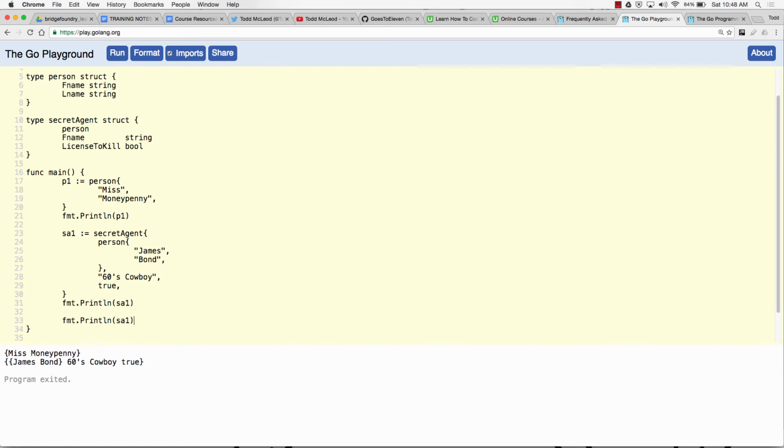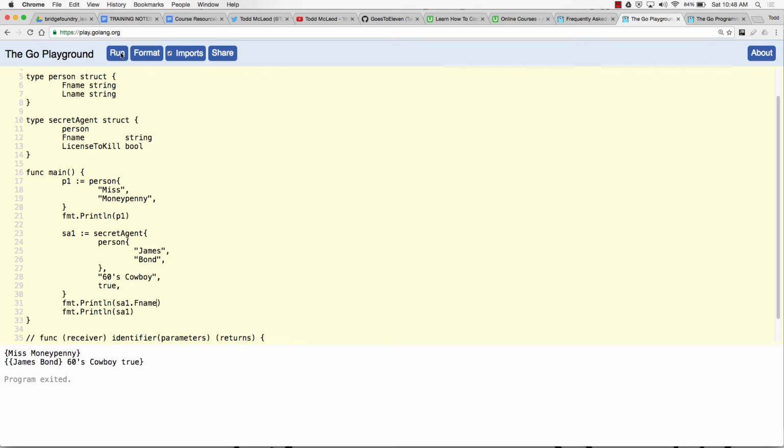So you see that we have a collision in the identifier for F name, it is both a field in secret agent and a field in person, which was promoted to the secret agent level. So if I do SA F name, how many people think I'm going to get 60s cowboy? How many people don't know what the hell is going on?